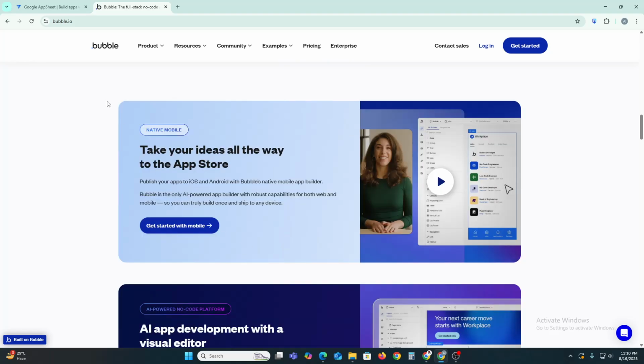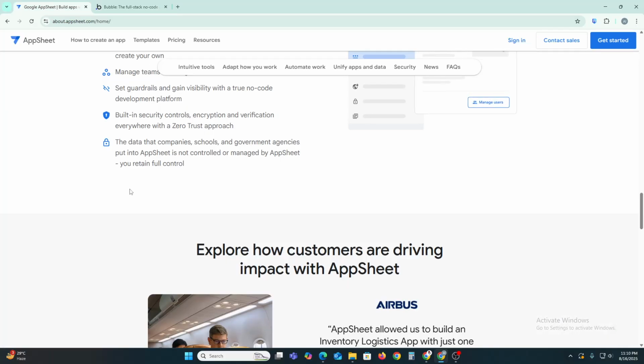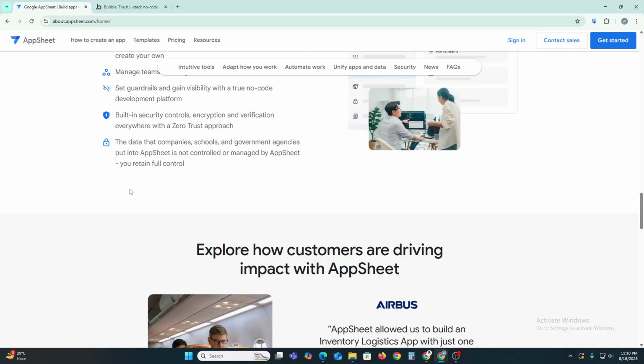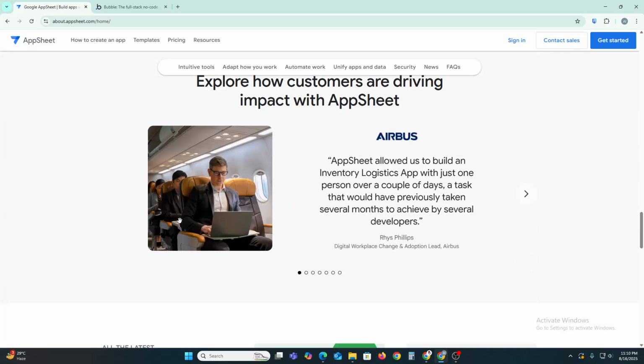external services. Best use cases: for Bubble, customer-facing web apps and SaaS products. On the other hand, for AppSheet, internal business apps, automations. And pricing,